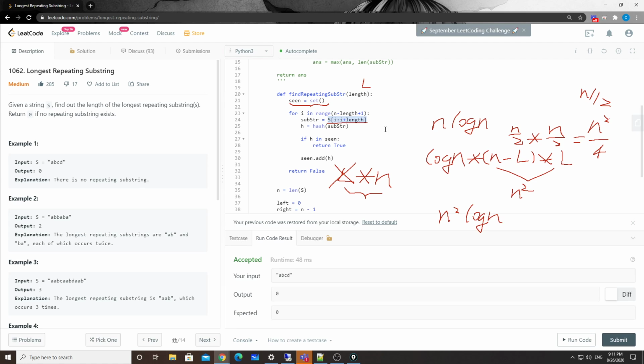Okay, so how can we further improve this one? We do a rolling hash, right? So the idea of rolling hash is this. Let's say we have A, B, C, D, E, F, G, okay? And let's say the length is 3. So at the beginning we have our sliding window from here